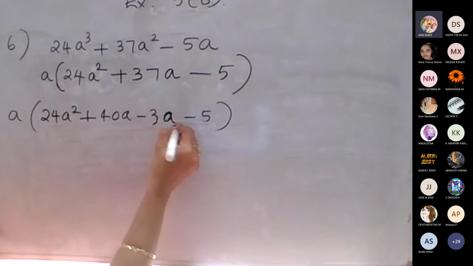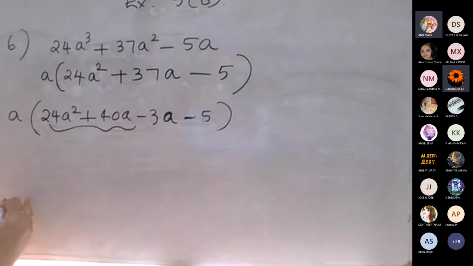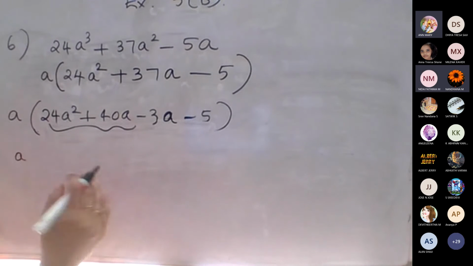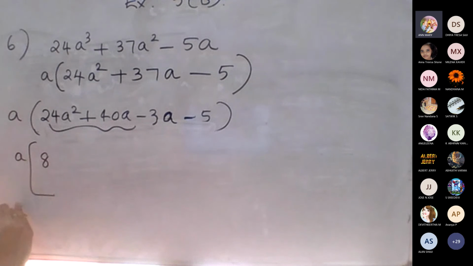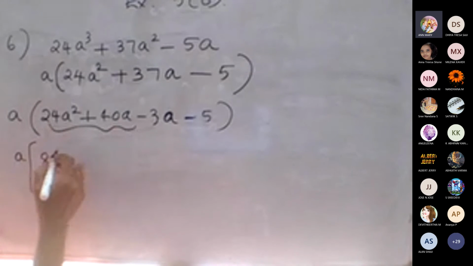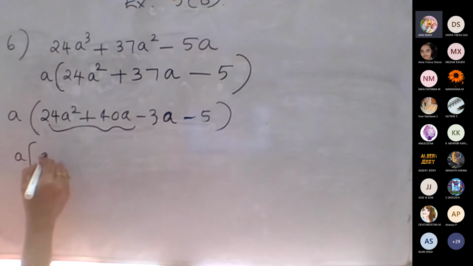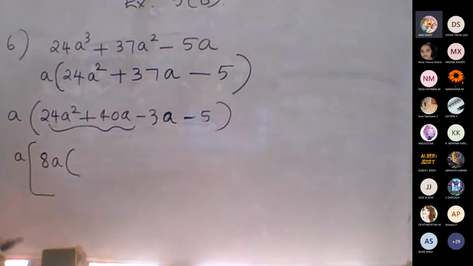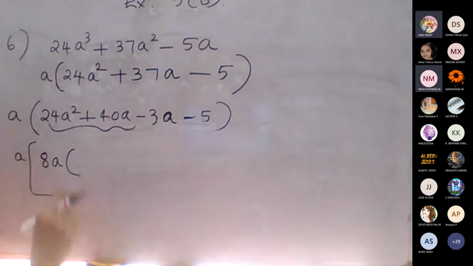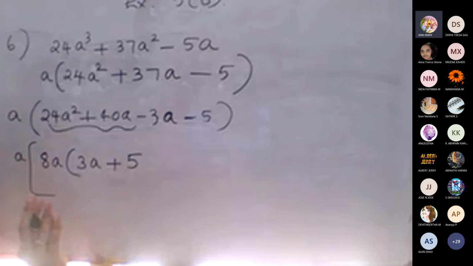So tell me, which one can you take common here? From these two, which one can you take common? Tell me, your choice. Rearrange, ma'am. Any, table of 8. Okay, so 8. Table of 8 is possible in both. So 8 balance, 8A also we can take now. Yes, ma'am, 8A. I will go with you. 8A, then balance 3A square, we need 3A plus 5. Is it okay?